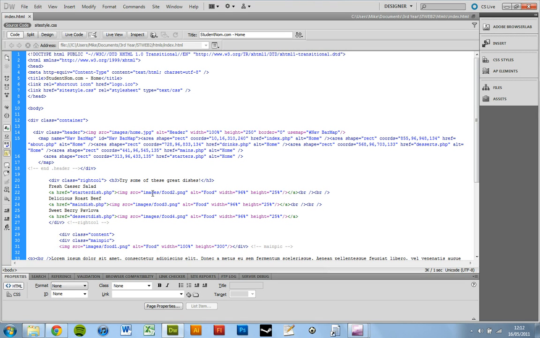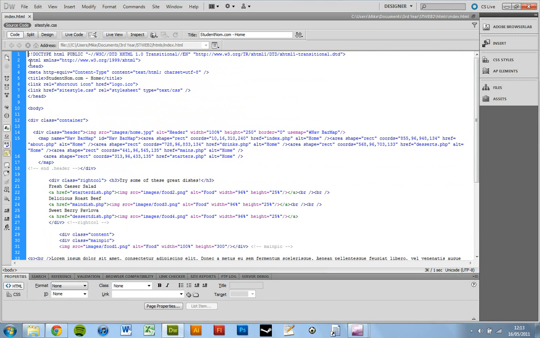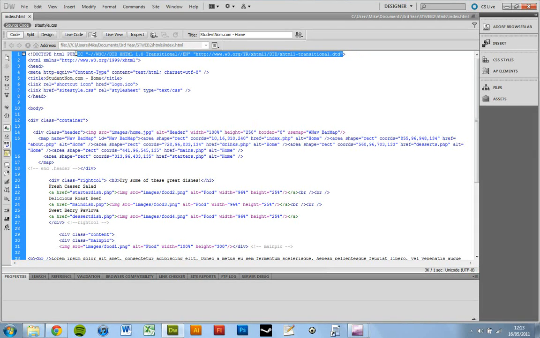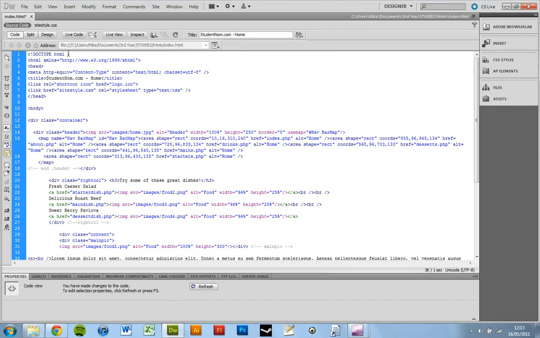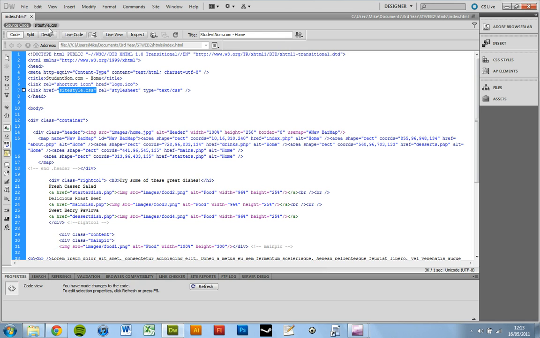Okay, right. Well, here we have the HTML for the index page, which, as you can see, contains its standard doctype up the top here. Obviously, all this can be removed to just turn it into HTML5. We've got the head tag here, which contains links to the style sheet here, which, as you can see, is